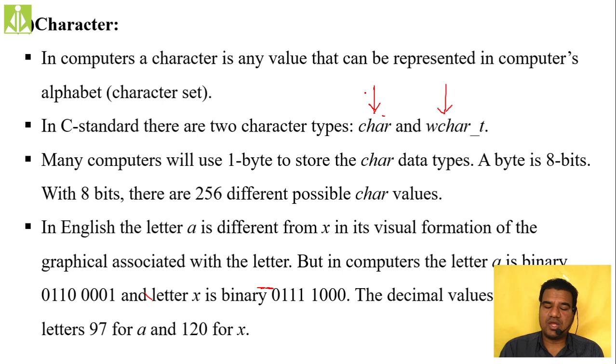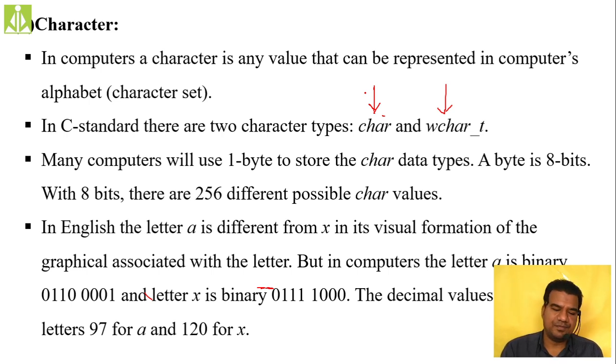So for a regular character variable, 1 byte of memory will be allocated. It is 8 bits, and we get 256 different possibilities, so 256 different combinations can be stored in that 1 byte of memory. It is an advanced concept from basic digital electronics, where you will understand how 8 bits give you 256 different combinations.